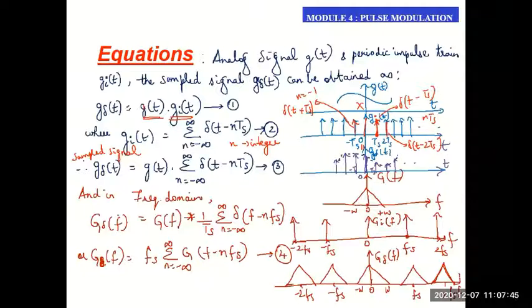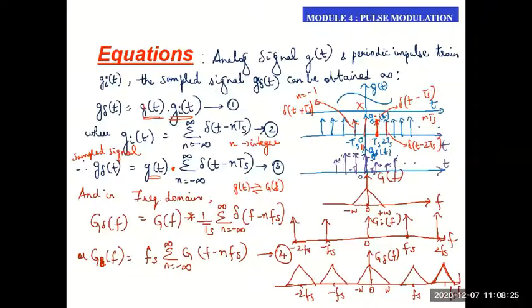Now if we have to write the same thing in the frequency domain, we usually work with both time and frequency domains together in communication. So I need to write G delta of f. The notation usually used is capital G, so capital G delta of f is now a function of frequency. Let's consider g of t and G of f to be Fourier transform pairs. So I'll replace g of t with its Fourier transform pair G of f.